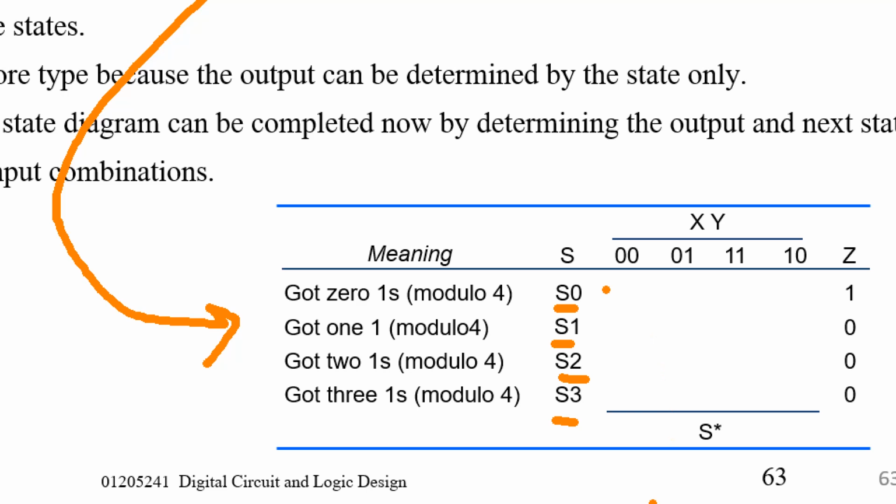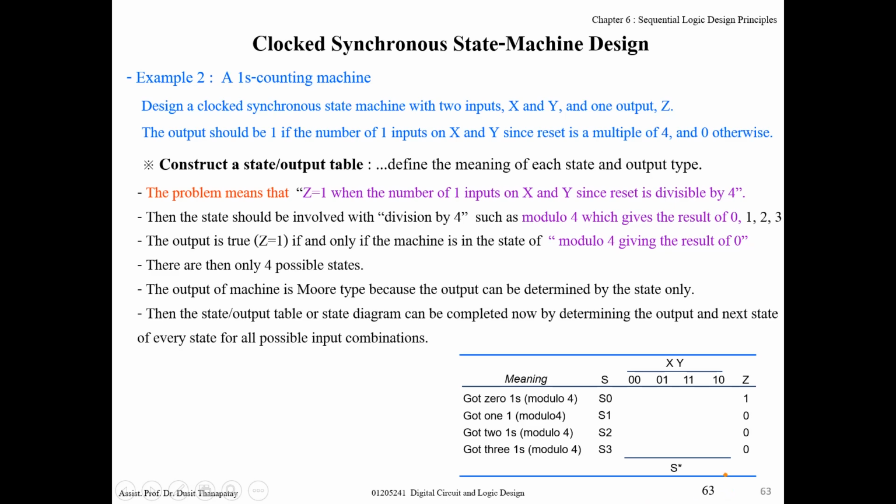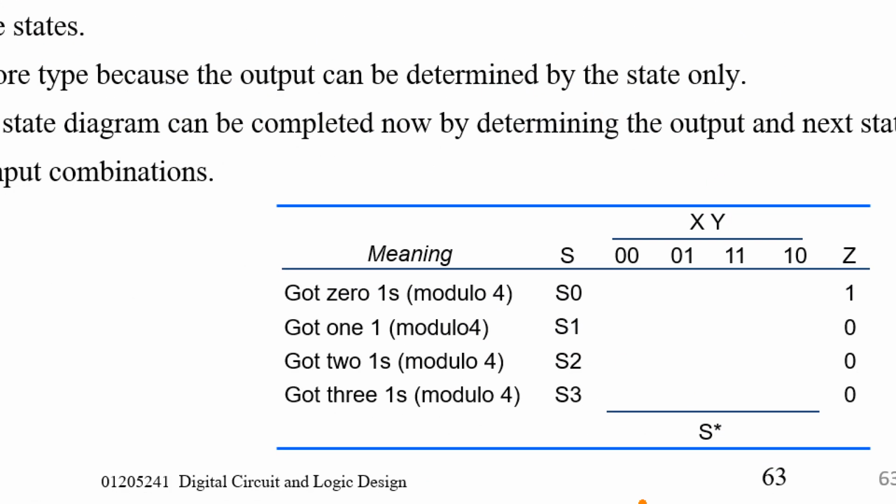In this case there are 4 states with the meanings given here. They should cover all possible conditions, and of course you must be able to define the output value for each state. After that,